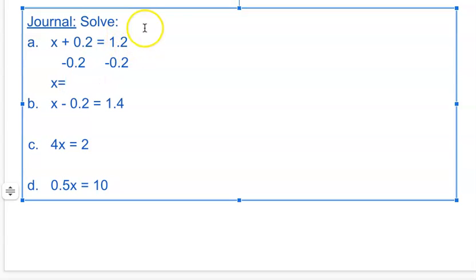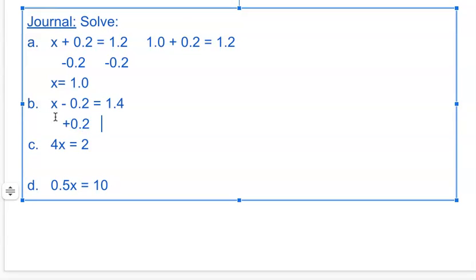And then we can line them up. So we line up the decimal, which is what I did here. 2 minus 2 is 0. And then 1 minus 0 is 1. So it's 1.0 is your answer. You could check it by plugging it back in. 1.0 plus 0.2 equals 1.2. It checks out. So we're going to go ahead and get rid of that negative or minus 0.2 by adding